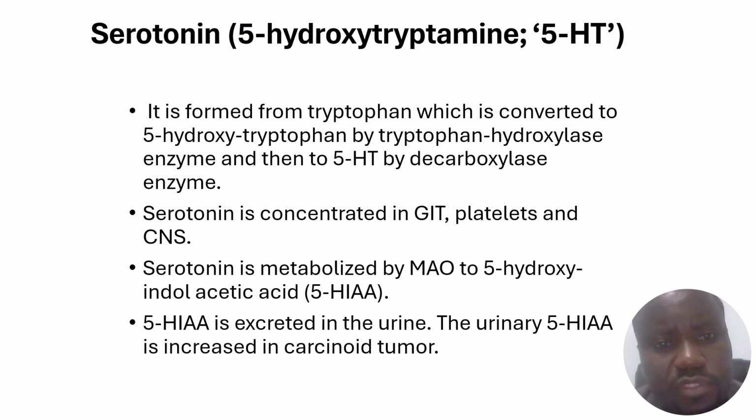It is derived as a monoamine from tryptophan, which is converted first by hydroxylation, then decarboxylation through the enzyme activity of hydroxylase and decarboxylase respectively. Serotonin is concentrated mostly in the GIT, where it produces several actions including increasing motility, platelets,